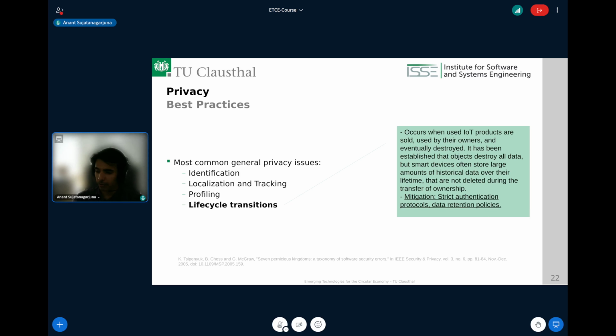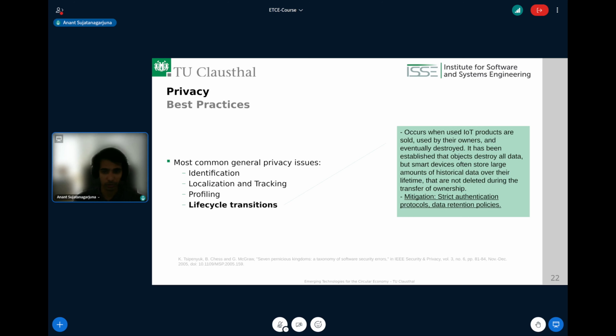A lot of the times, I remember, I currently have a projector in my room that when I purchased it from MediaMarkt, it wasn't advertised as a used product, but it turns out that it was a used product and someone else's Google account was already on it. So obviously very horrible to see that happening,